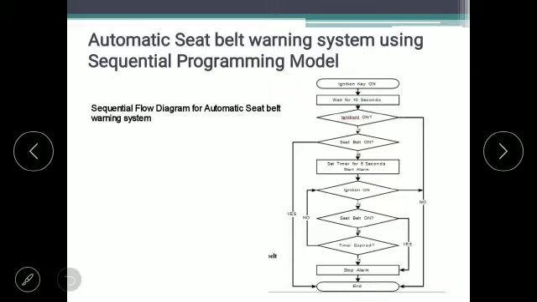Still, if ignition is on and the seat belt is not on, that means he has not yet put the seat belt on, then it has to start a timer, set the timer for 5 seconds. Here this is the step. Okay, if the seat belt is on and ignition is on, then directly end the process. There is no need of giving any warning, because he is following the rules. The seat belt warning system will come after the ignition. If he is not wearing the seat belt, then the siren should start.